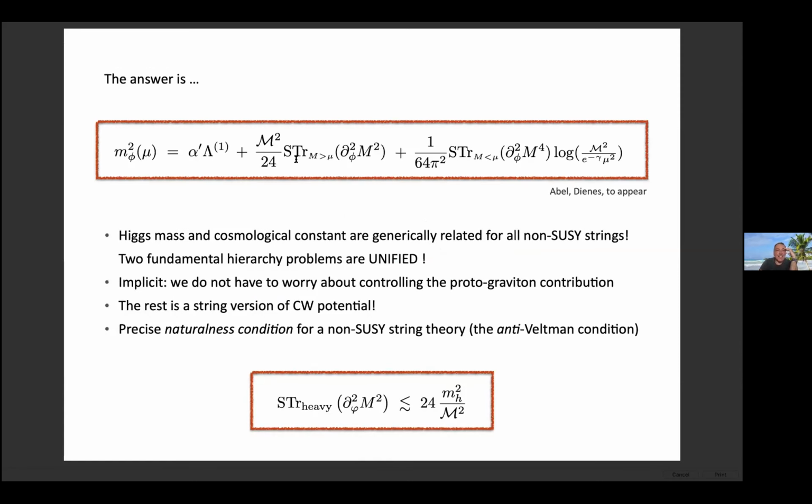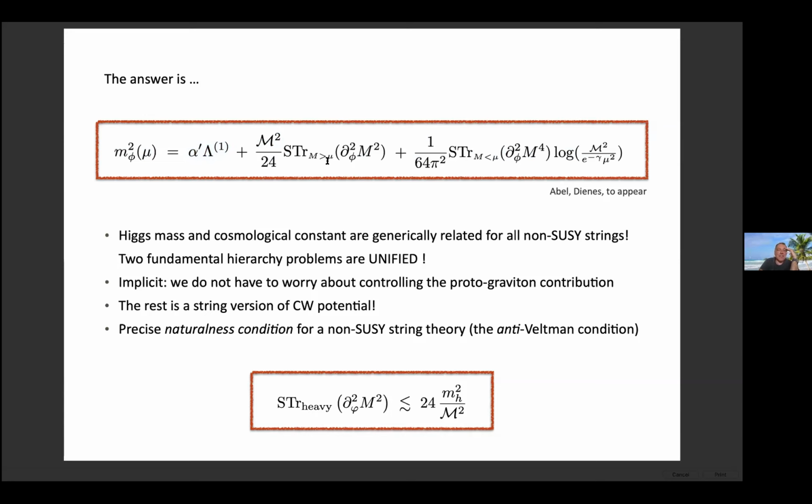So at the end of the day, when I take that operator, I expand it, I do the Rankin-Selberg technique, you see that you get these 3 components. So the first piece comes from the product of the bits that don't have q squared in, and it's just a cosmological constant. This is independent of how the cosmological constant is there. It could have a large proto-graviton contribution. We don't care. This term is just the cosmological constant, guaranteed to be, plus something which looks like a double derivative of everything whose mass is larger than mu.